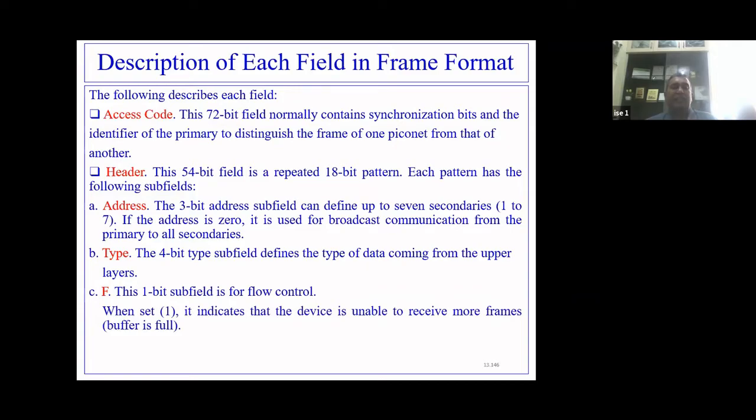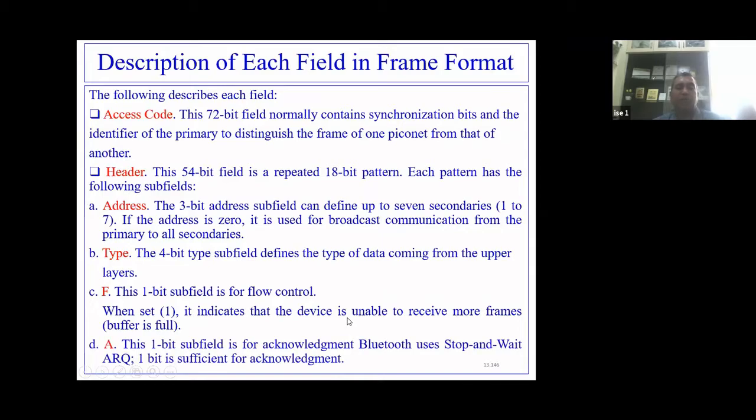If the F bit is 1, it indicates that flow control will be there. The receiving device's buffer is full, so the device is unable to receive more frames. So flow control has been exercised.